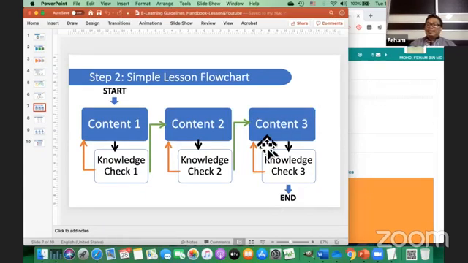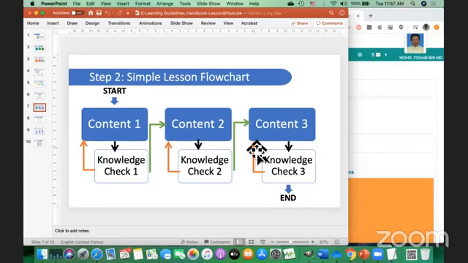I want to implement the simplest. This is what I have. So if you want to implement it differently, where the student must do the check two and must get it correct, then you have to change the flow. You have to change the navigation. It can be done that way.